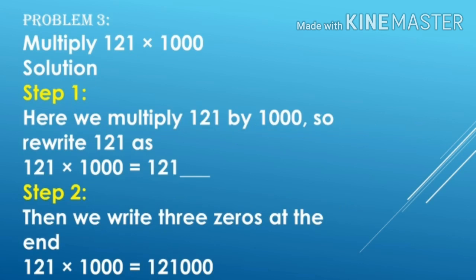Now let's understand how to multiply a number by 1000. To multiply a number by 1000, you can simply write the number and put 3 zeros at the end, as 1000 has 3 zeros. As you can see in the example, here I have multiplied 121 by 1000. So 121 into 1 is equal to 121. Now there are 3 zeros in 1000, so you will put 3 zeros at the end. So the answer is equal to 1,21,000. Similarly, you can find the answers very quickly and easily with the help of these properties.